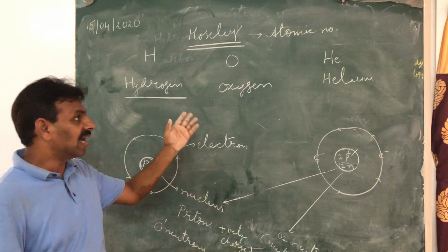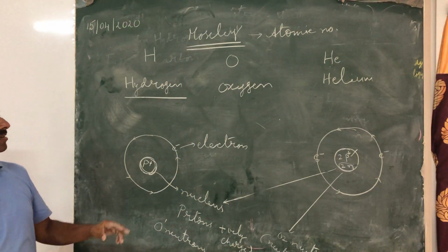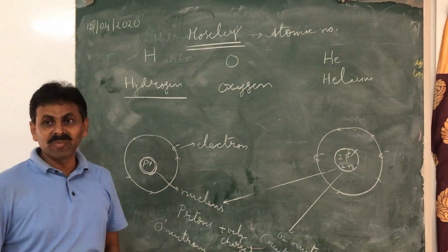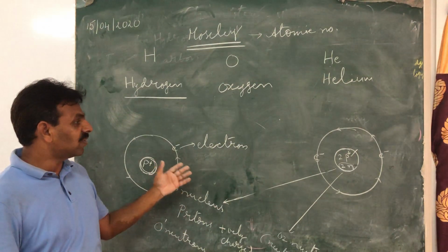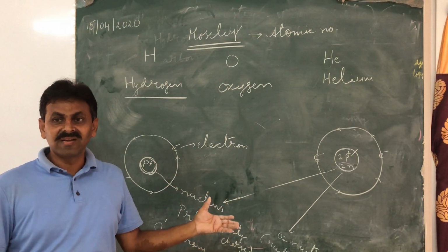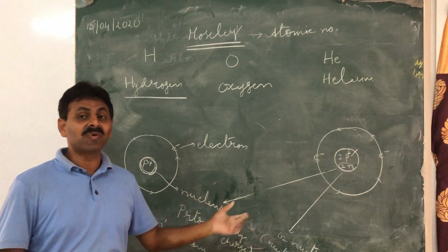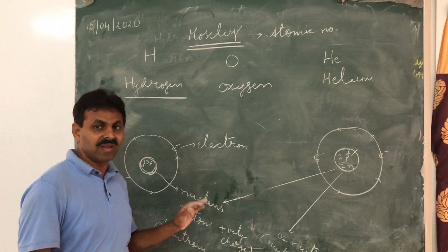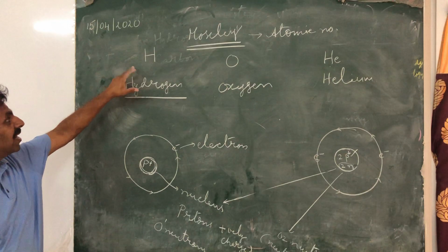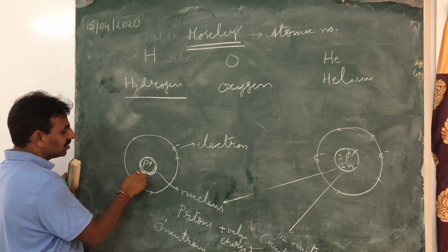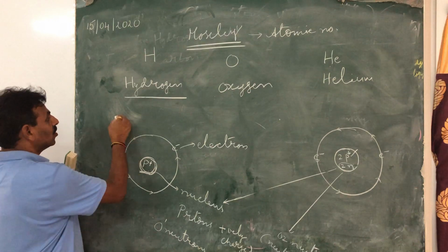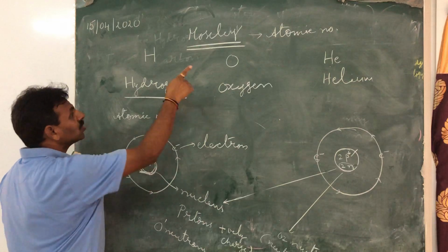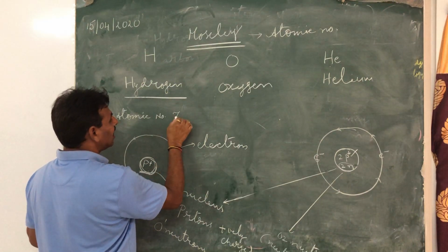He lost his life. Otherwise, certainly he would have got a Nobel Prize for the wonderful introduction of atomic number for the elements, without which it is very difficult to understand the structure of the atom and their properties. It is because of the atomic number we understand so many things. Now, atomic number of hydrogen is 1 because there is only 1 proton. So, atomic number introduced by Moseley,